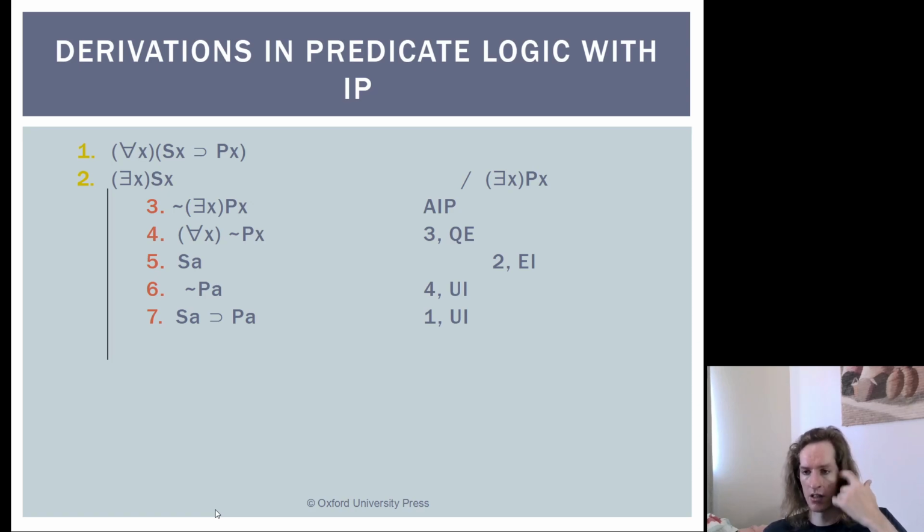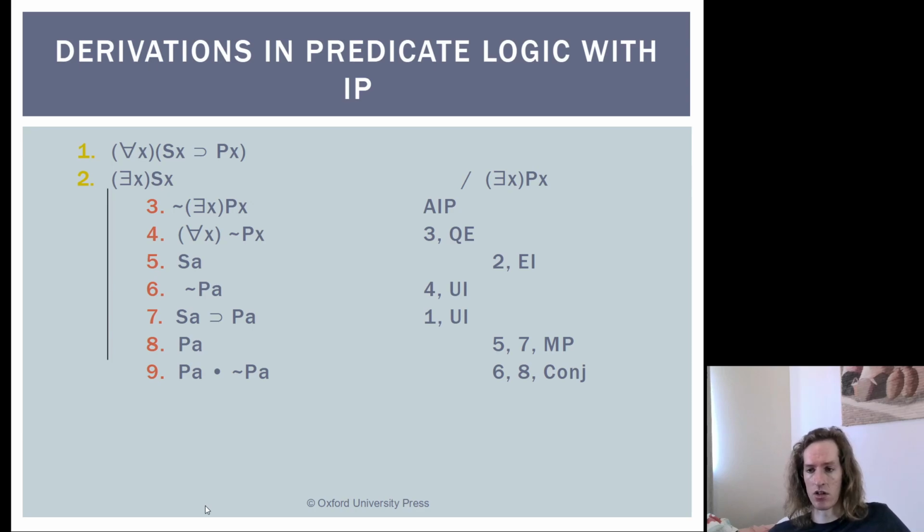Now you can see already that it'll be really easy for us to get a contradiction from here. We know that if SA, then PA, so we can get PA, and then we have PA and not PA, or we can use modus tollens to get not SA with lines 6 and 7. Then we'll have SA and not SA on the same line. We can go either way here. So here we'll go ahead and get PA with modus ponens, lines 5 and 7. If SA, then PA, and we do have SA, so it's true that we have PA according to what we've been given.